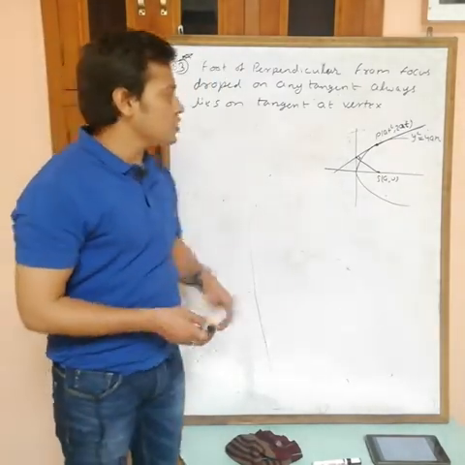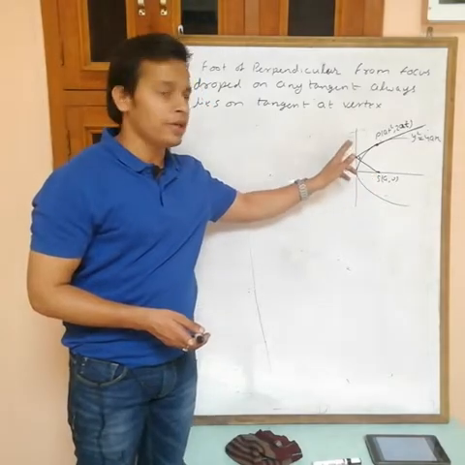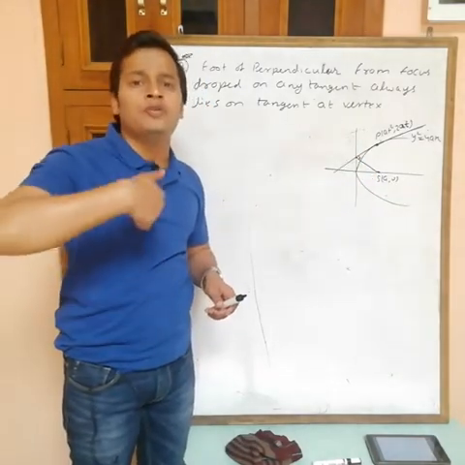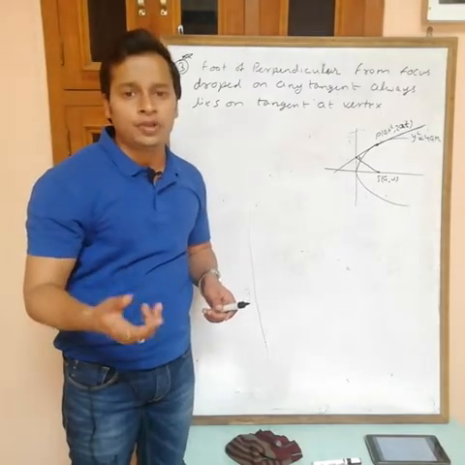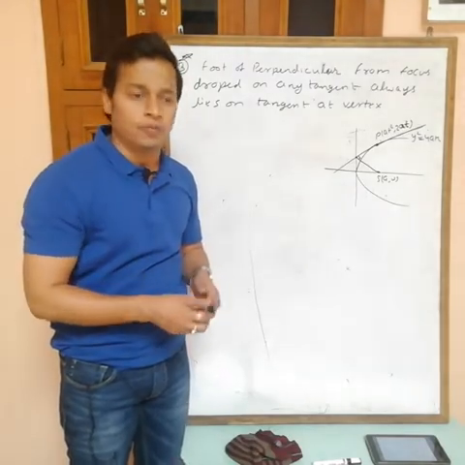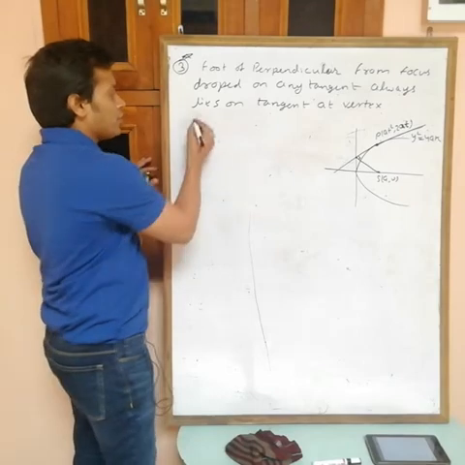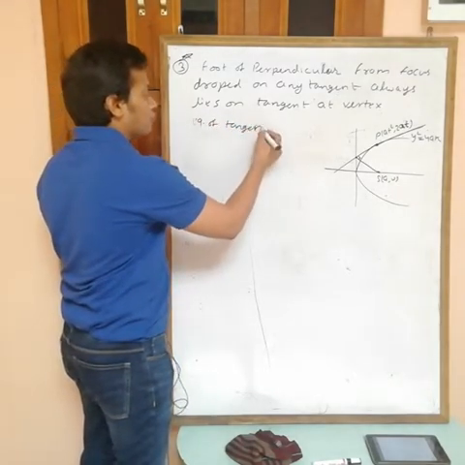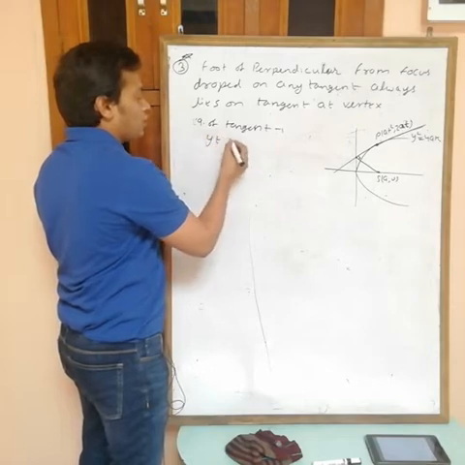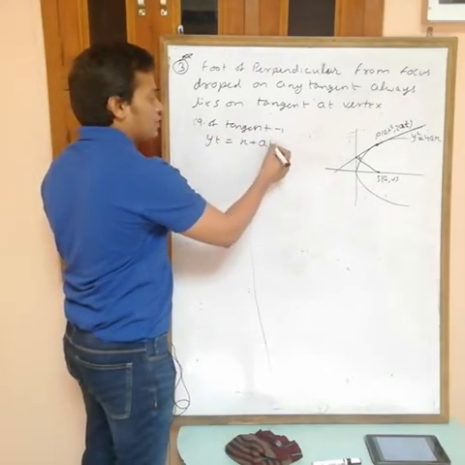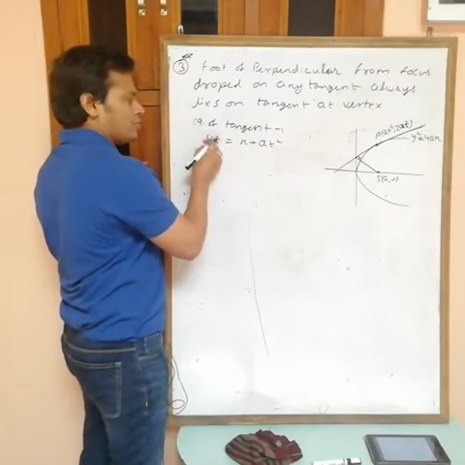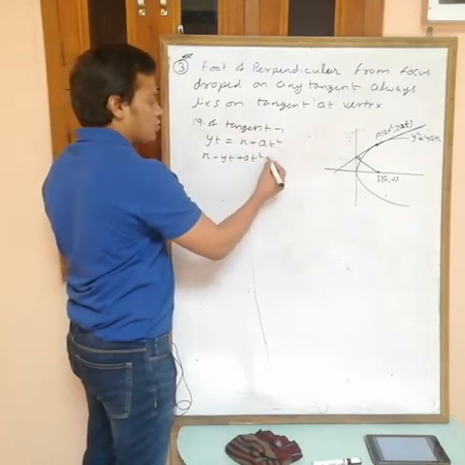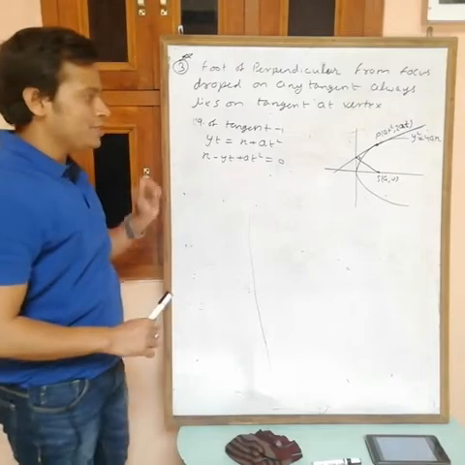Actually, to prove this one, just find the foot of perpendicular from S on this line. To find the foot of perpendicular from any point to a line, what we want, only two things, that point and equation of the line, and both we have. Okay, so equation of tangent, yt equals to x plus at square, right? Complete terms at the side or this one at the side. What we are getting? X minus yt plus at square equals to 0. This is the line, and what we want?